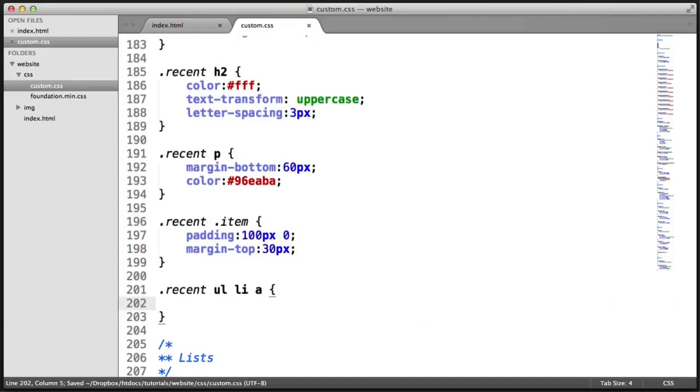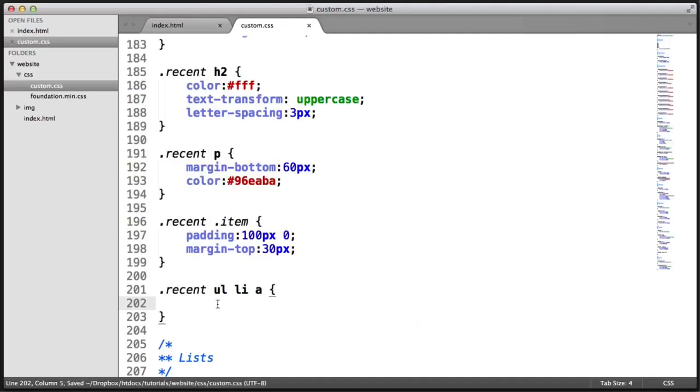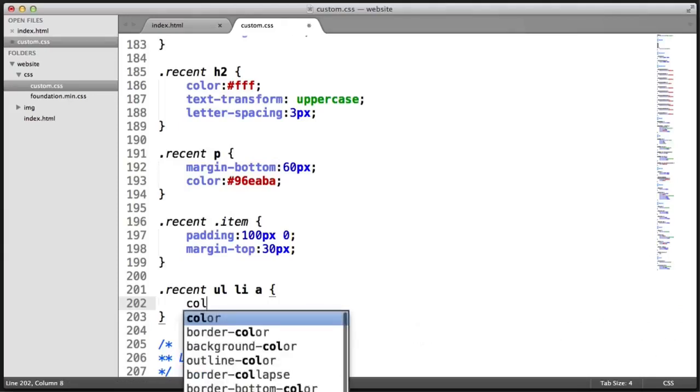And bear in mind, this assumes that we are only having one unordered list within our recent section. So if you are planning on extending anything like this, or your design's slightly different, and you have any other unordered lists within your recent section that you don't want to be styled like this, then you have to go and add a separate class to your unordered lists to be able to style them. But in this case, I'm just saying the unordered list within recent, or any unordered list within recent, which just happens to be one. Let's go ahead and set the color to